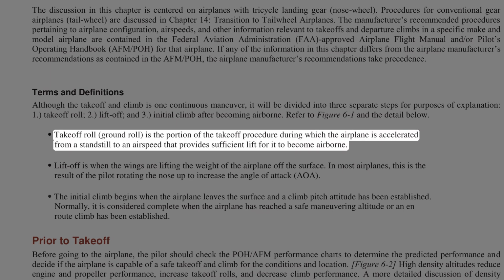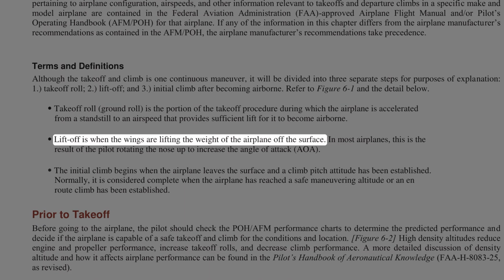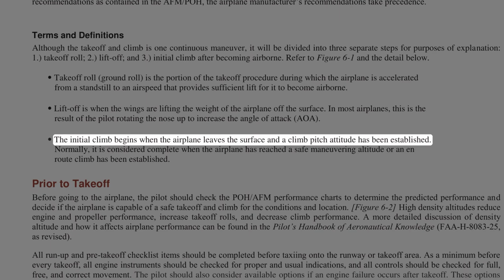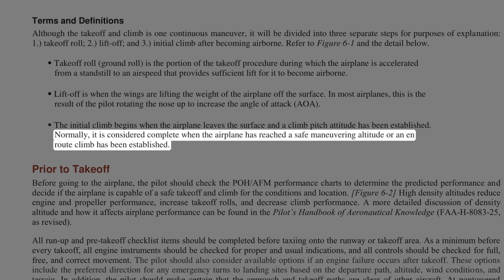Takeoff roll, ground roll, is the portion of the takeoff procedure during which the airplane is accelerated from a standstill to an airspeed that provides sufficient lift for it to become airborne. Lift off is when the wings are lifting the weight of the airplane off the surface. In most airplanes, this is the result of the pilot rotating the nose up to increase the angle of attack, AOA. The initial climb begins when the airplane leaves the surface and a climb pitch attitude has been established. Normally, it is considered complete when the airplane has reached a safe maneuvering altitude or an en route climb has